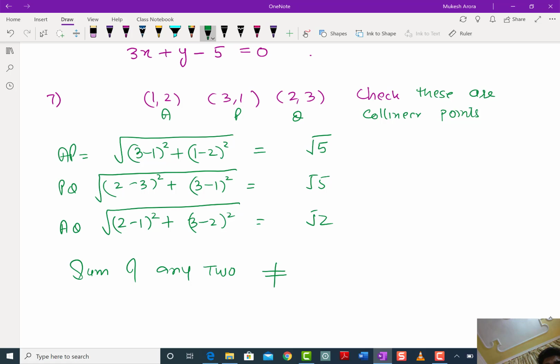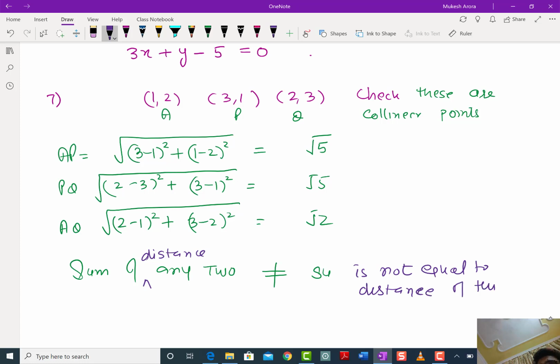So the sum of any two distances is not equal to the distance of the third. So therefore the points are not collinear. Rather, it is an isosceles